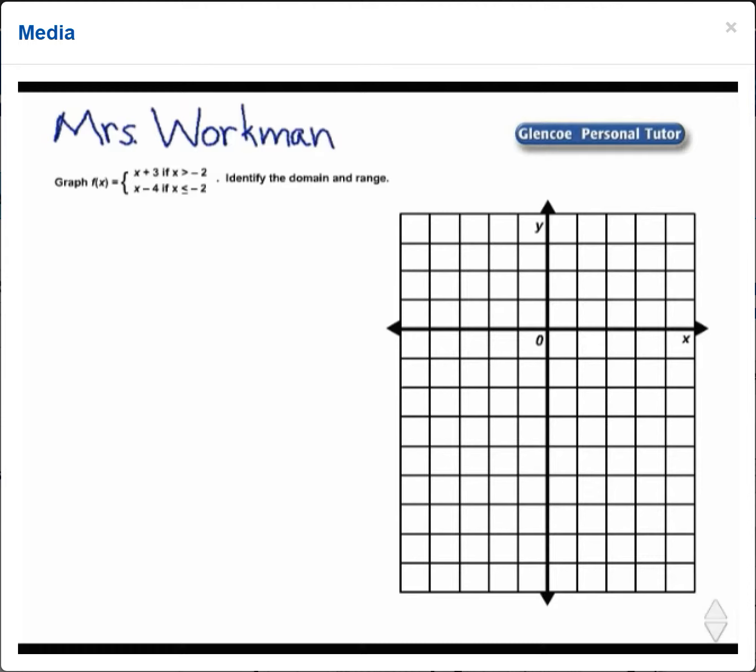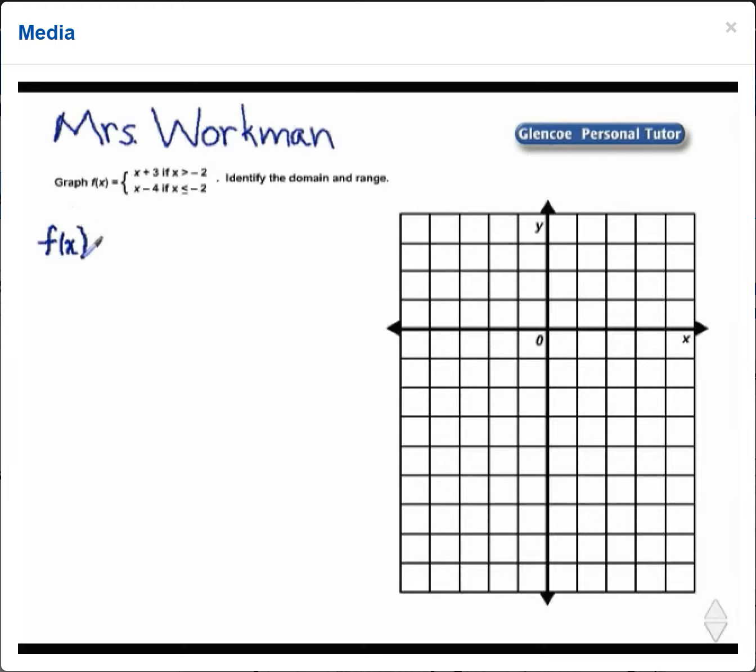Graph f of x. F of x equals x plus 3 if x is greater than negative 2. F of x equals x minus 4 if x is less than or equal to negative 2. Identify the domain and range. F of x is what's known as a piecewise function because its definition has been given to us in pieces, this time 2. So what we're going to do first is